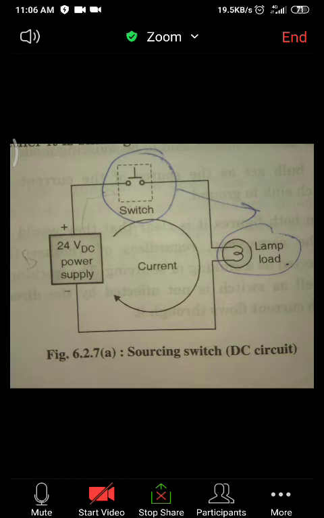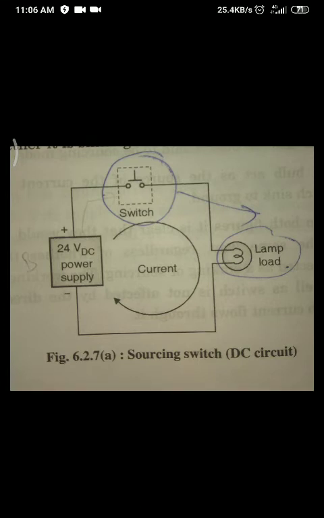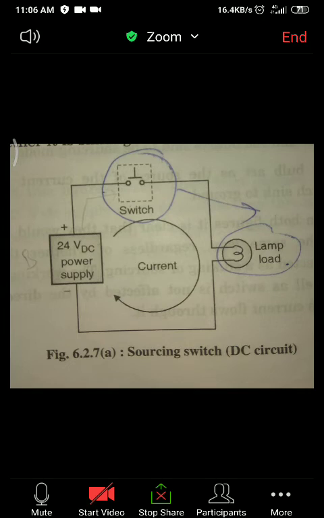In the last lecture we studied the discrete AC input and DC input modules. But when we connect the input, how does that input generally sink current and source current? There are sensors, there are switches. Actually, when the status of an input changes, that change of status requires some current to flow through it. Hence there is a need for the sinking and sourcing concept regarding input output modules.